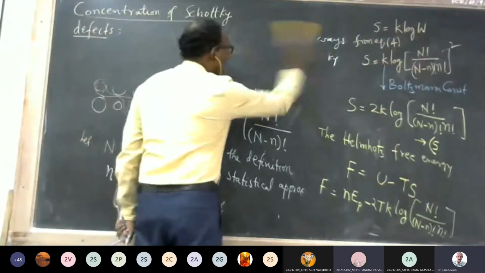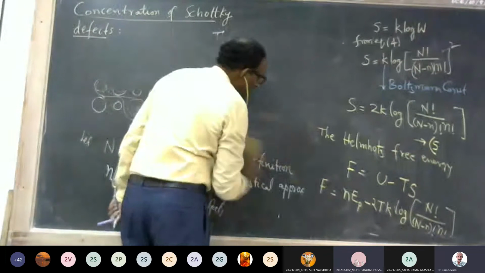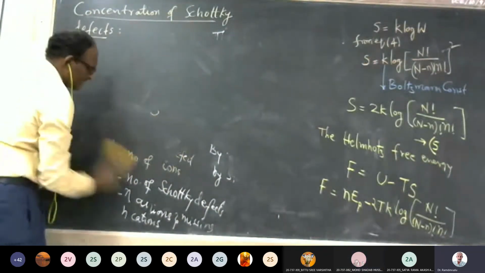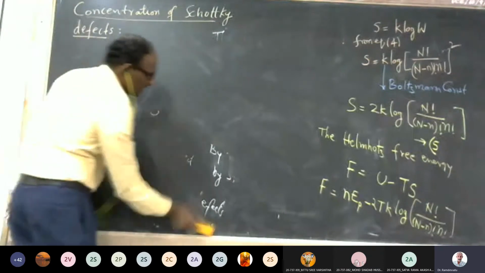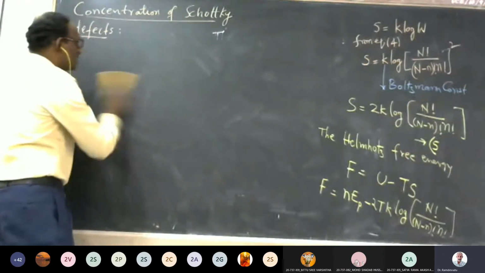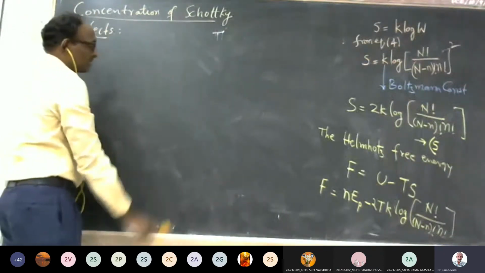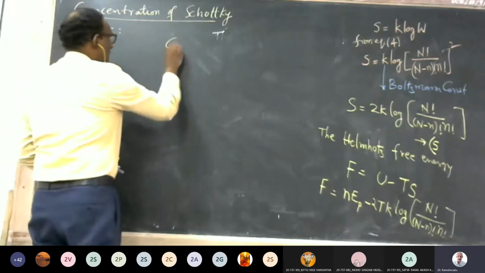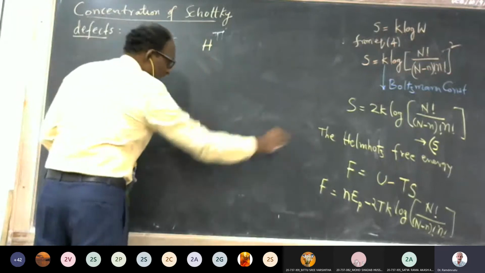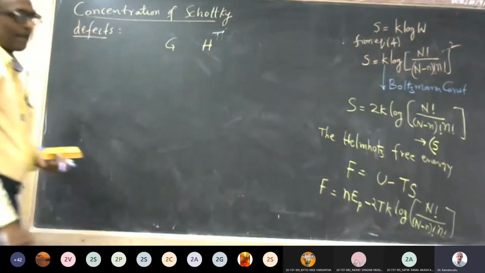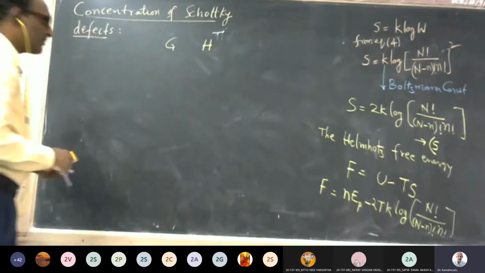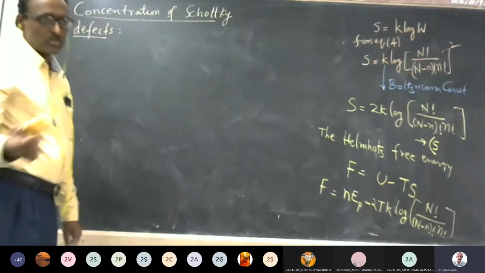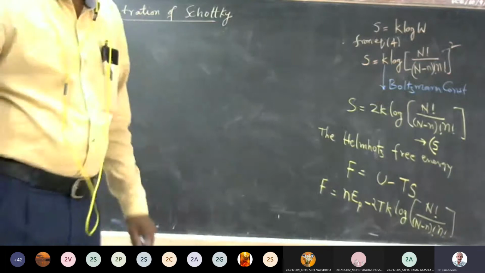Sir, is that the equation of Gibbs free energy? Yes, Gibbs free energy is also there. But if I write Gibbs free energy, I should write delta G and use enthalpy H, because capital G is Gibbs free energy and H is the energy; you can relate them in a similar way. Helmholtz free energy has its own terms, so I am not using those here, and therefore I am writing like this.